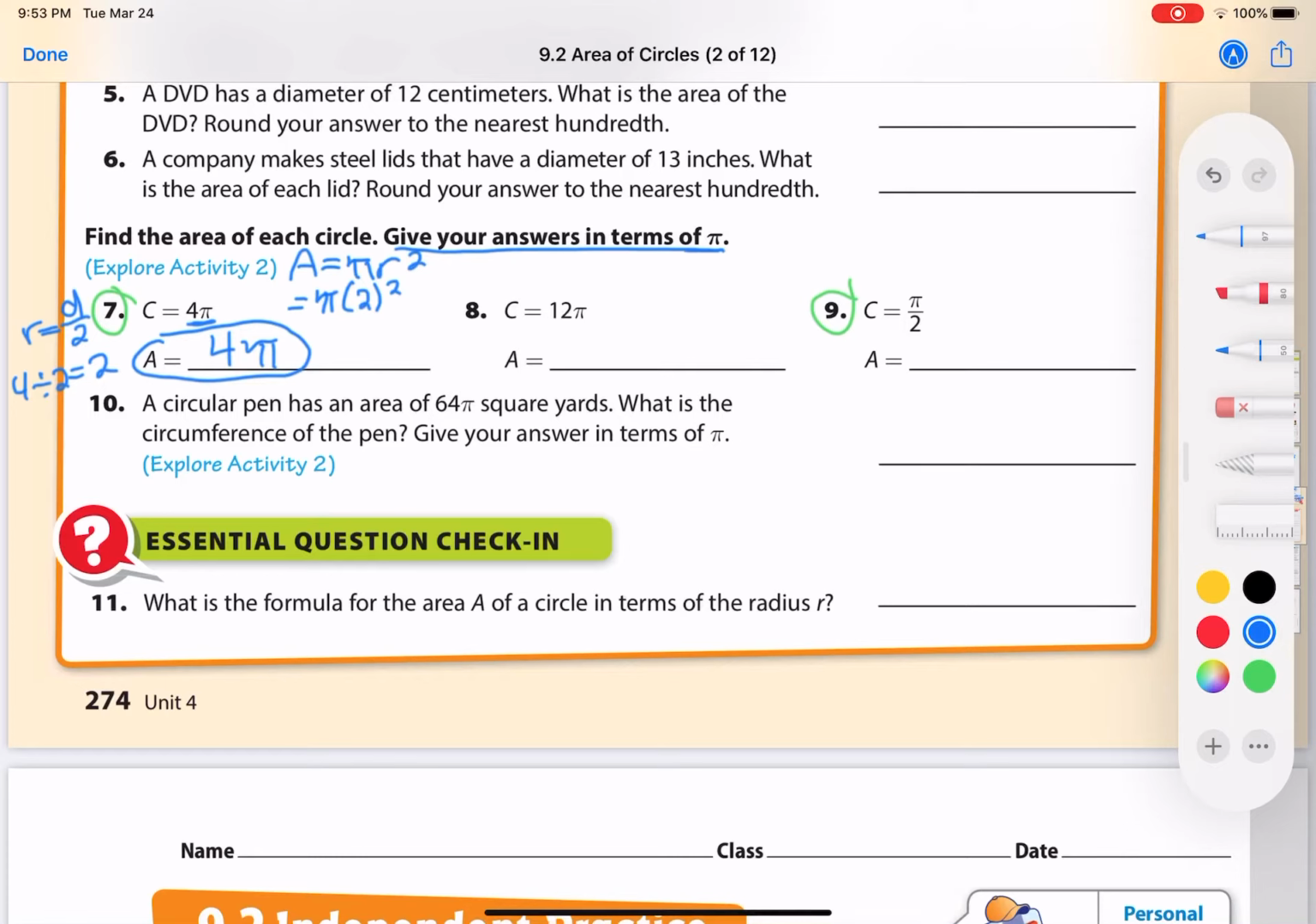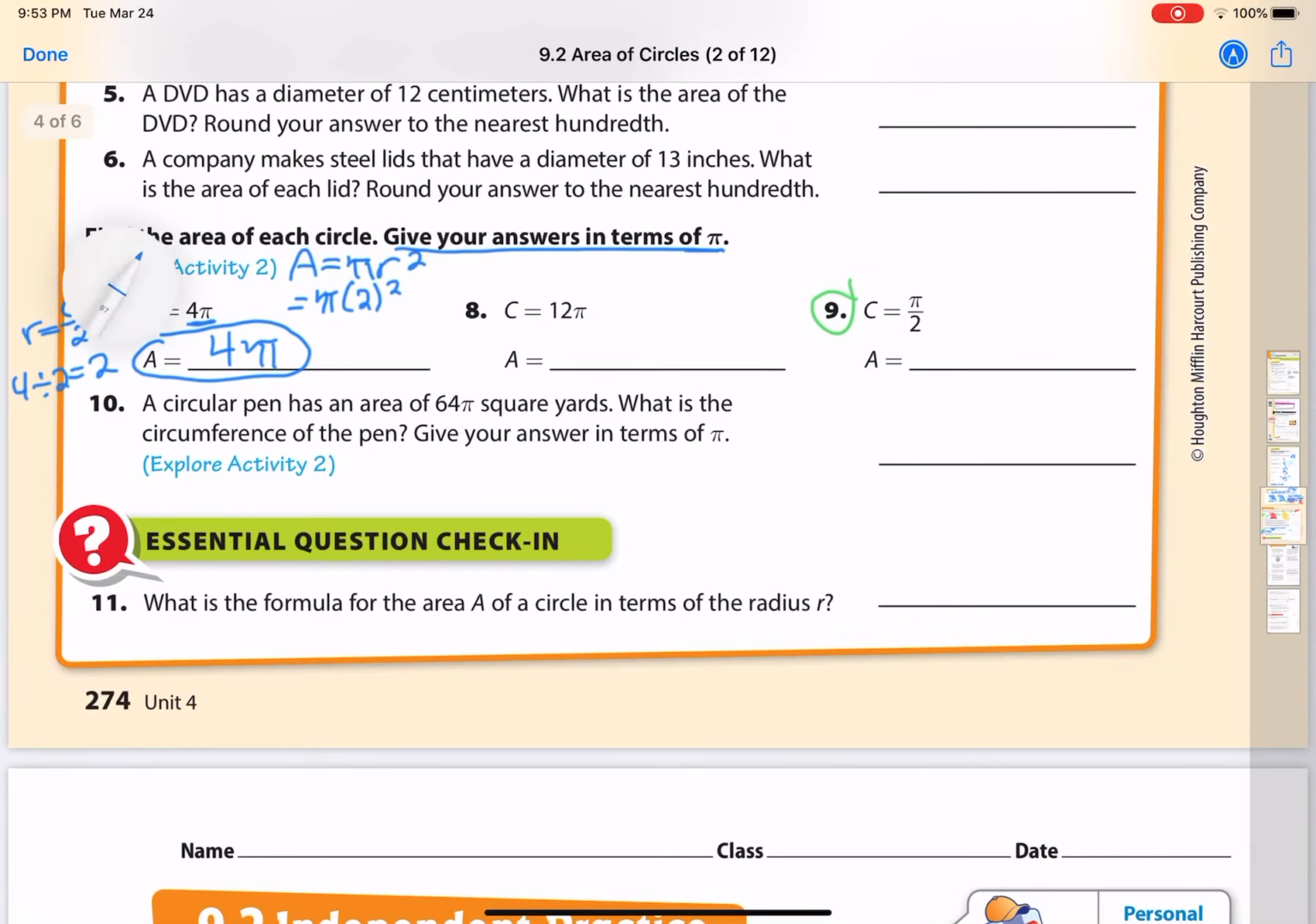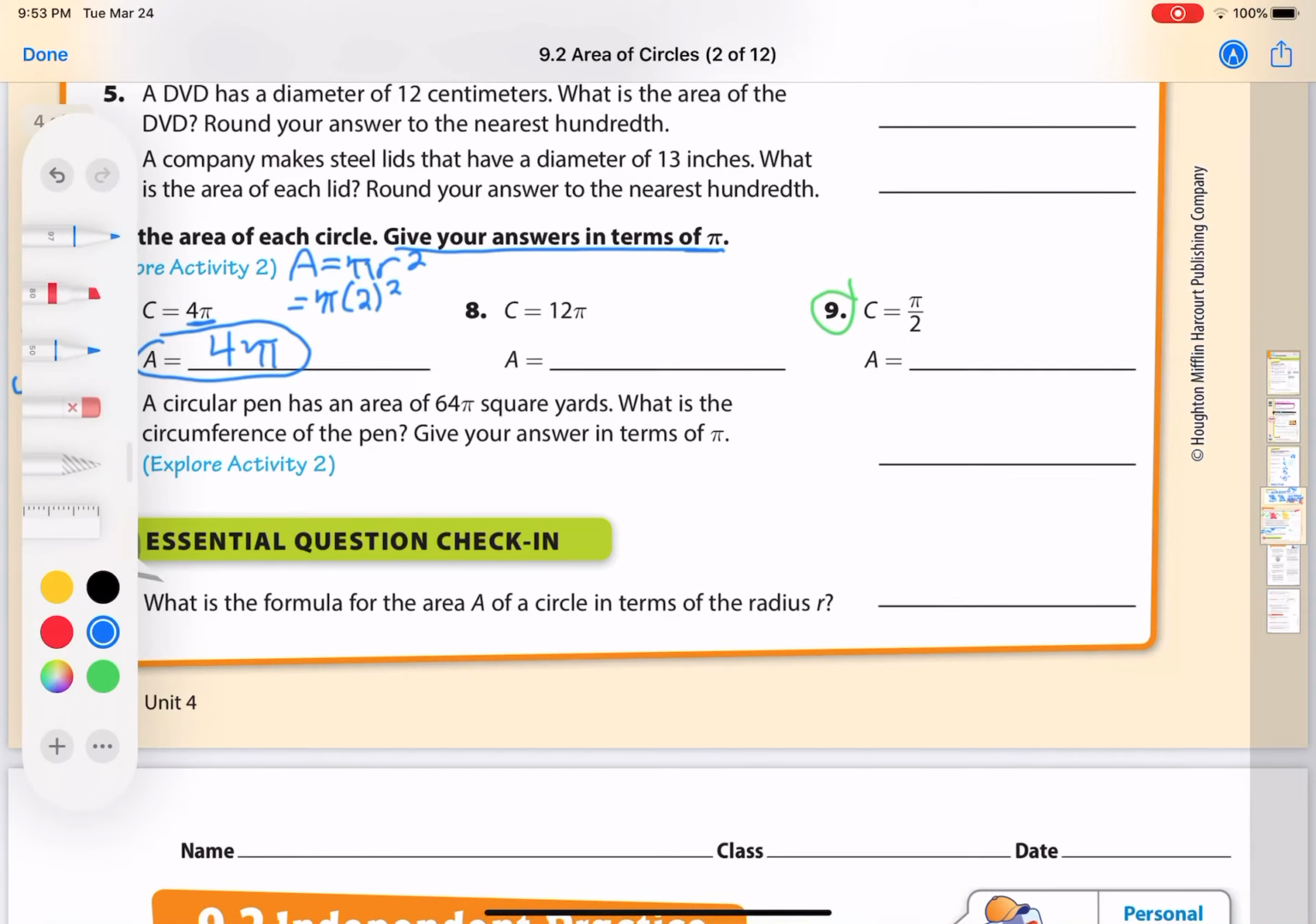All right, moving on to number 9. I'm going to move this over here. We have to think about the formulas that were given for circumference. So we know that circumference equals pi times diameter or 2 pi r. In this case, we're going to rewrite the circumference with this formula. So we have 2 pi r equals